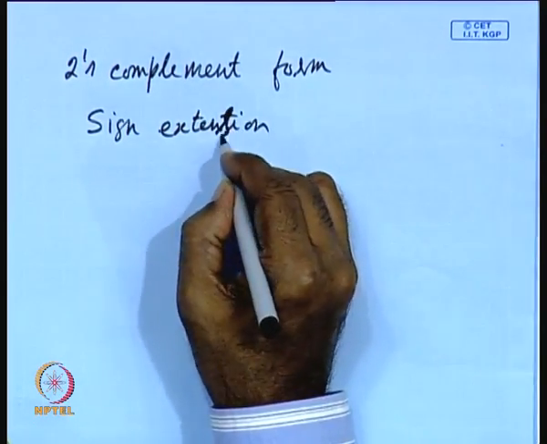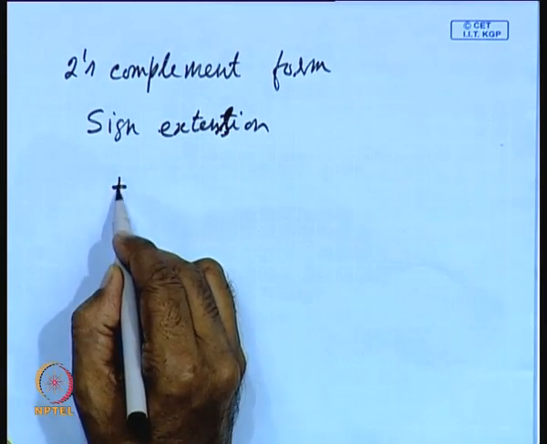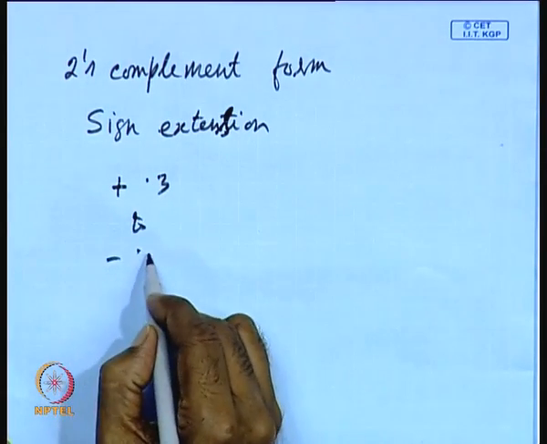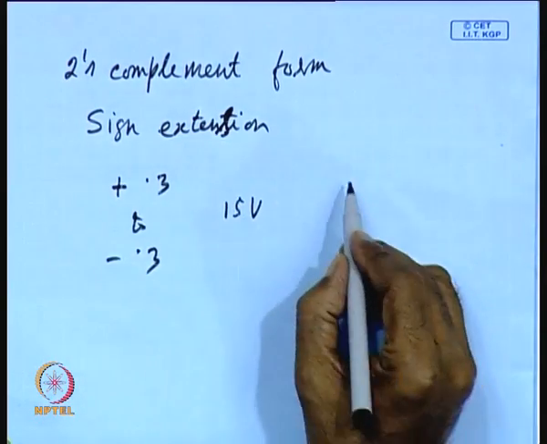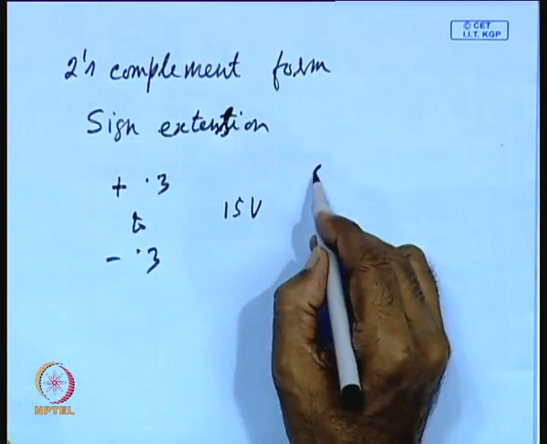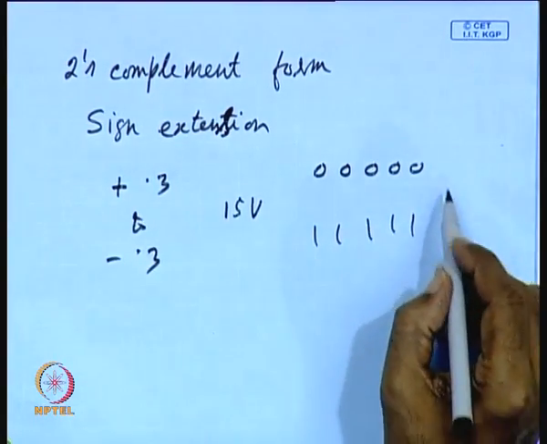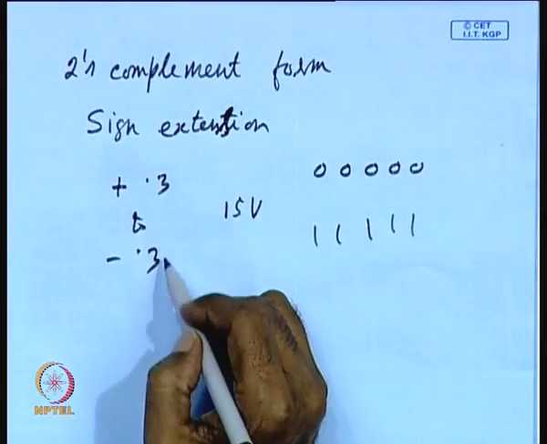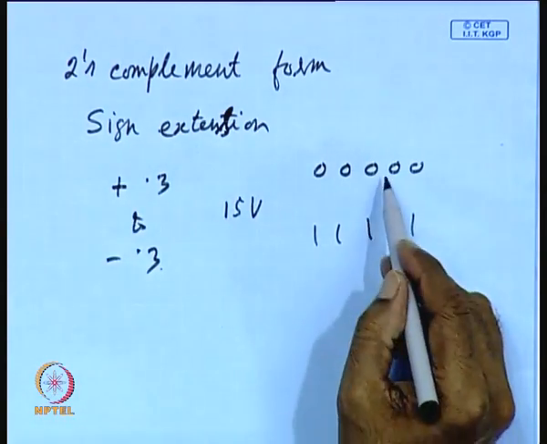Because of sign extension, suppose it changes from plus 0.3 volt to minus 0.3 volt and the dynamic range is say 15 volt, then the most significant bits, in this case, for positive these are 0 and for negative they will be 1, and as a consequence there will be a lot of switching activity. So, when the dynamic range is small and the sign changes in 2's complement form, that leads to larger switching